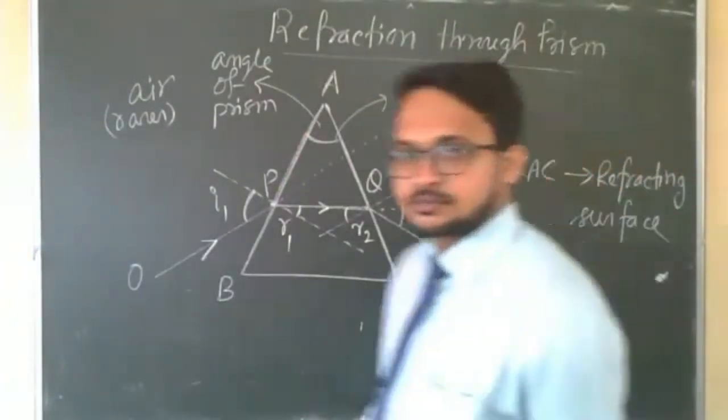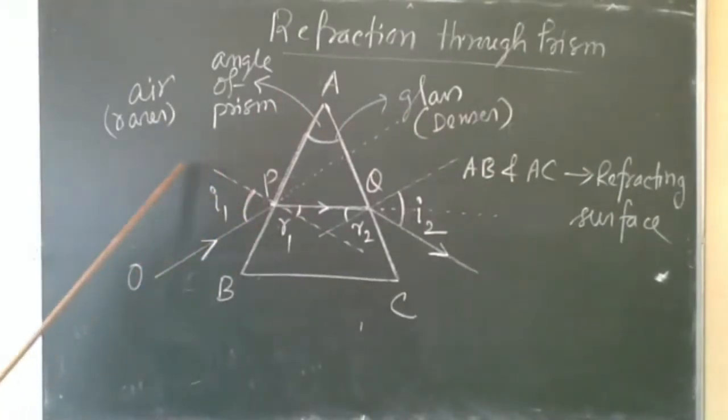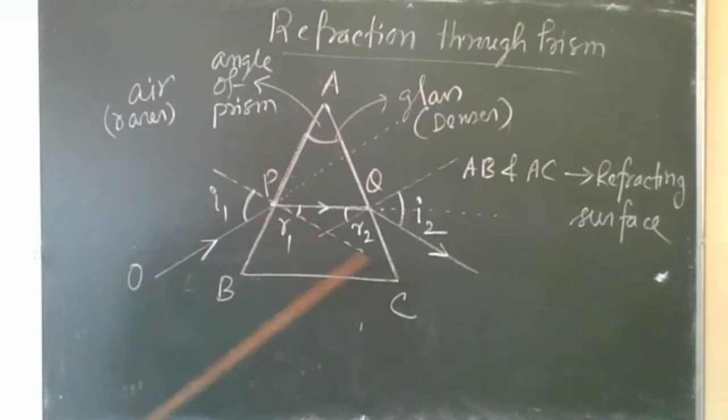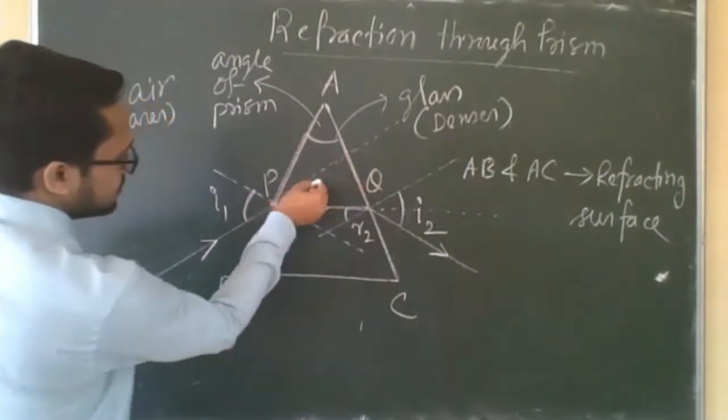Sir, explain this once more, sir. That refracting angle. Refracting here, it is going from rarer to denser. This is made up of glass. So rarer to denser means this ray will bend towards the normal. This is the normal. Okay. So the ray, this is the actual path. So the ray will bend towards the normal.